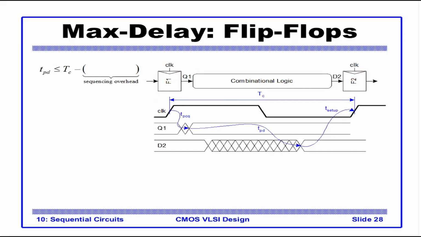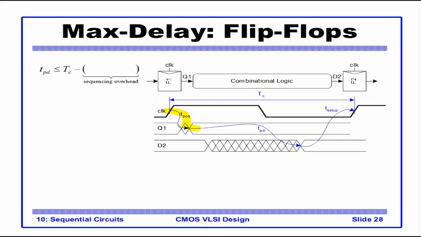Now let's say whenever the clock's first edge comes, it takes some time. Since we are talking about max delay, we will take all the max delays from the previous slide. The max delays are always the propagation delays, the min delays are contamination delays. So for the max delay case, the maximum delay this clock will have is TPCQ. After the clock arrives at 0 time, Q1 changes at TPCQ, D2 changes at TPD plus TPCQ, and